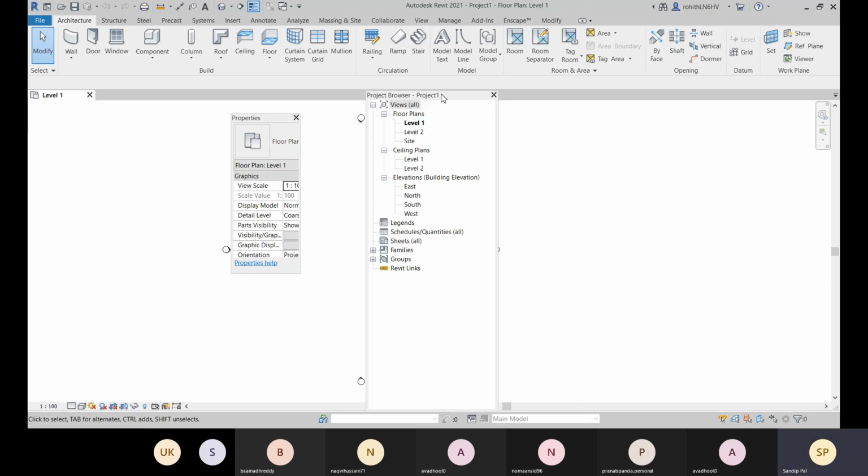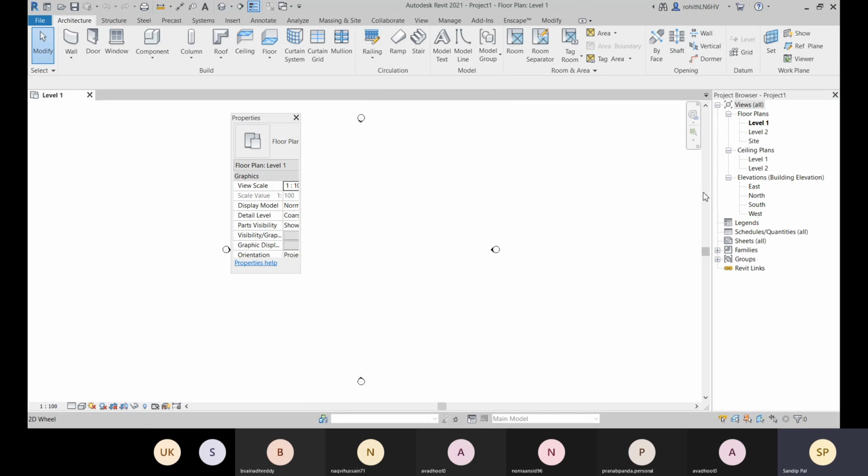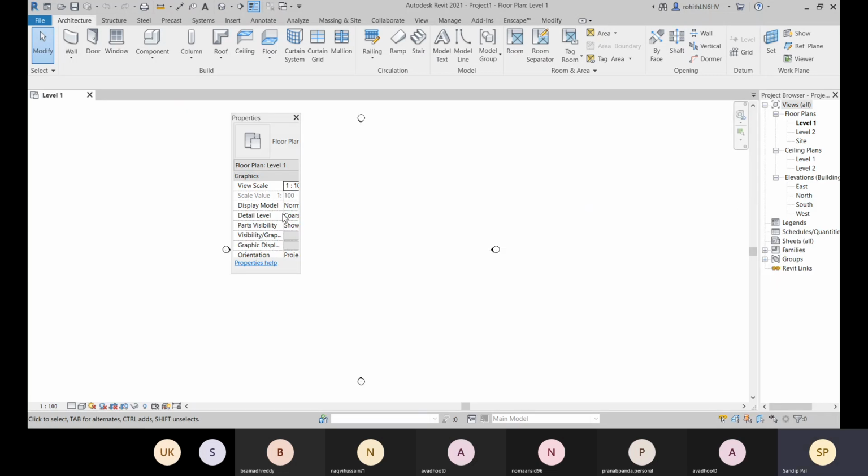You can fix it like this also. That is a common thing which is available this way. And for this properties palette, you have to drag towards the left side, the most extended left side, and then you will see one window pop up.